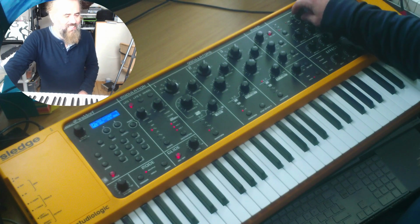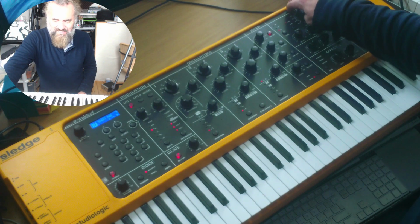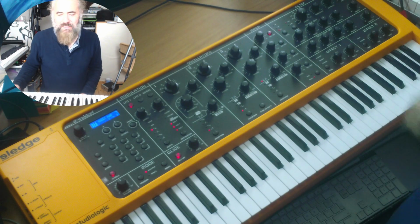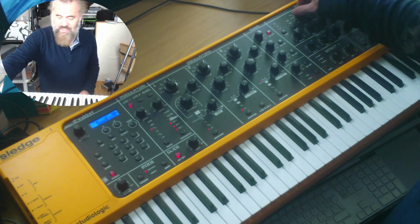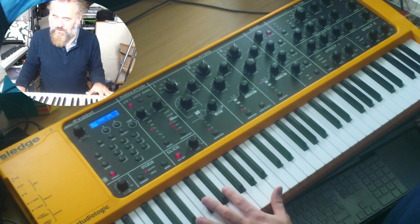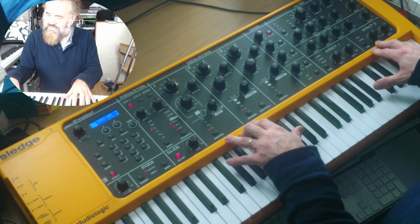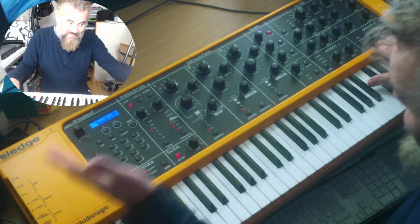So you can see the Sledge is a lot of fun. It's a very immediate synthesizer. It's something that you can certainly learn very, very quickly, if you're familiar with the principles of subtractive synthesis, with the additional aspect of wavetables and samples, and to a certain degree you can do a little bit of additive synthesis with it as well. So it's definitely an interesting synthesizer. As I say, it's a digital synth,